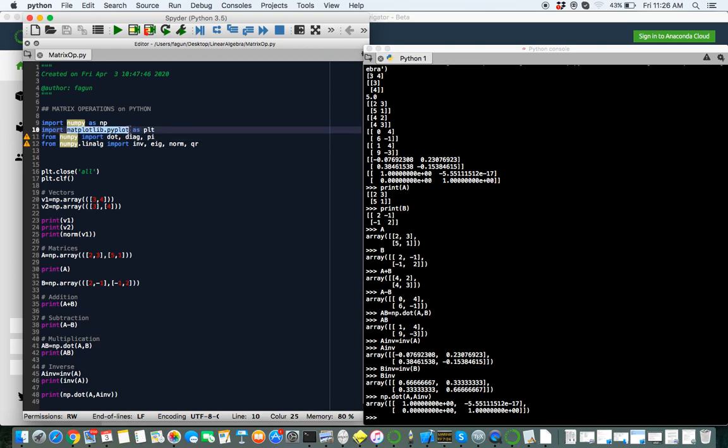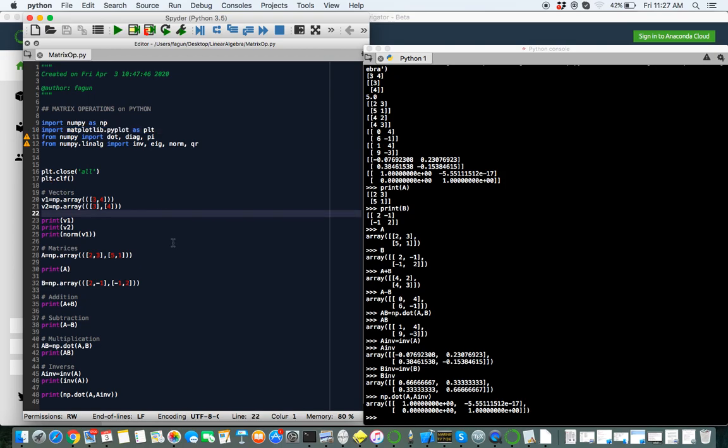Matplotlib.pyplot is another library that we will see will be really helpful when we're trying to plot something. But in this tutorial, I did not show any application of this library. I just imported this tool from this library,